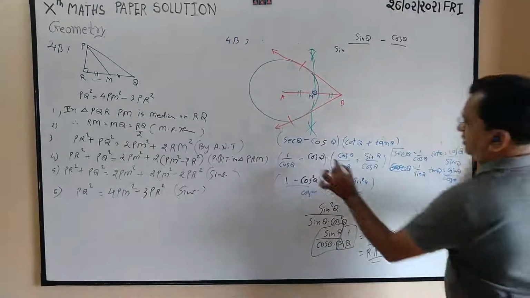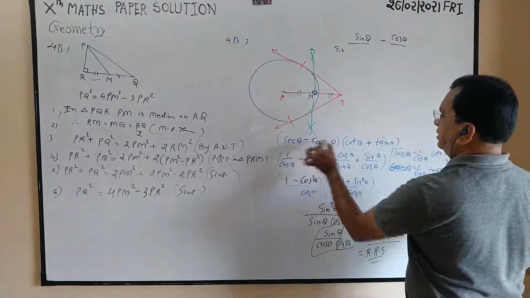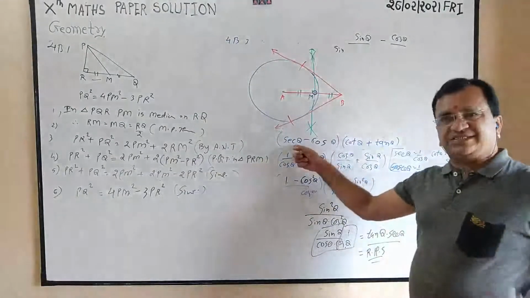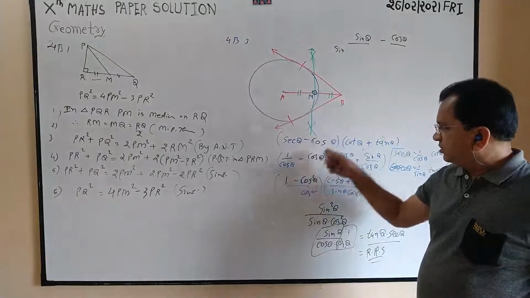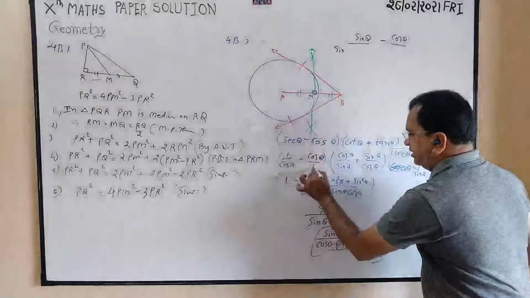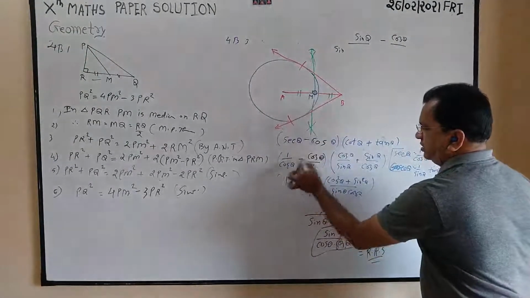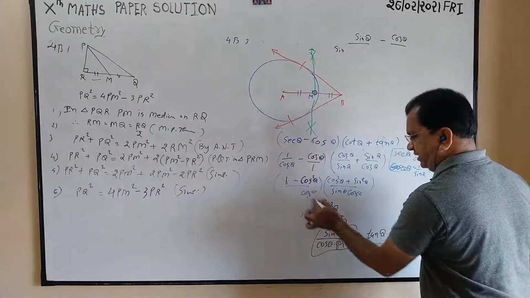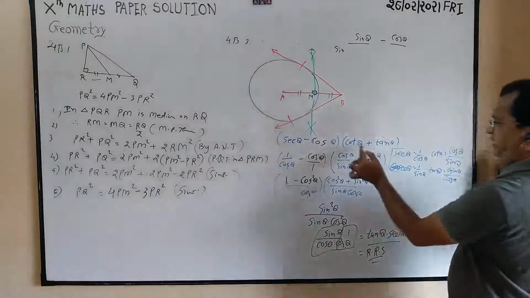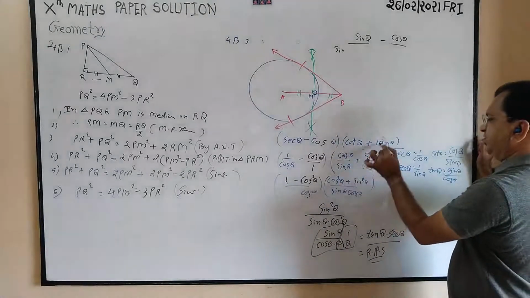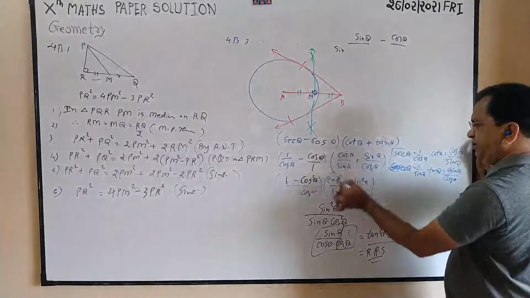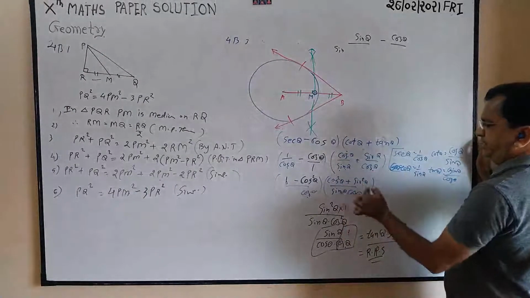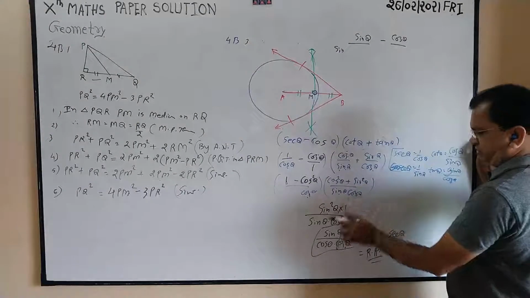That print is very blurred, so sorry. That is not cosec, it is cos. Again I am explaining, sec is equal to 1 by cos. Cos is equal to cos by 1. Cross product 1 minus cos square theta by cos theta. 1 minus cos square is equal to sin square theta by cos theta. And this side, cot is equal to cos by sin, tan is equal to sin by cos, cos square, sin square. Sin square plus cos square is equal to 1. And denominator product sin into cos.